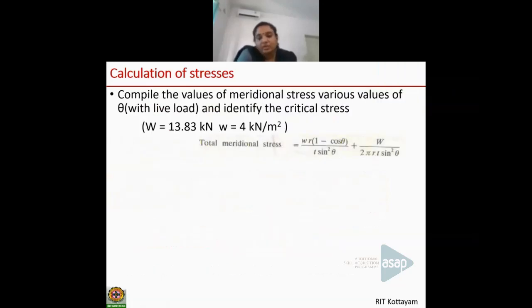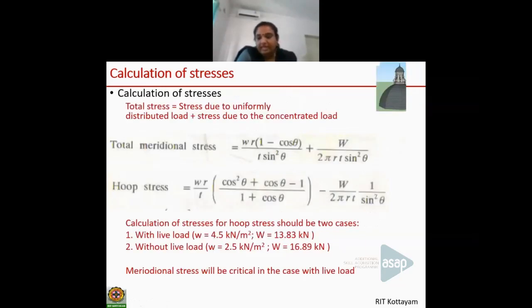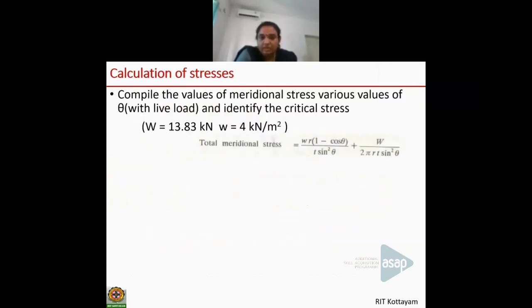Next, what you have to do is, this is your formula, right? In the textbook, they have reduced that to a small one and then applied this one. So I don't think you have to do all these things. You just have to find out the values directly by applying on this.